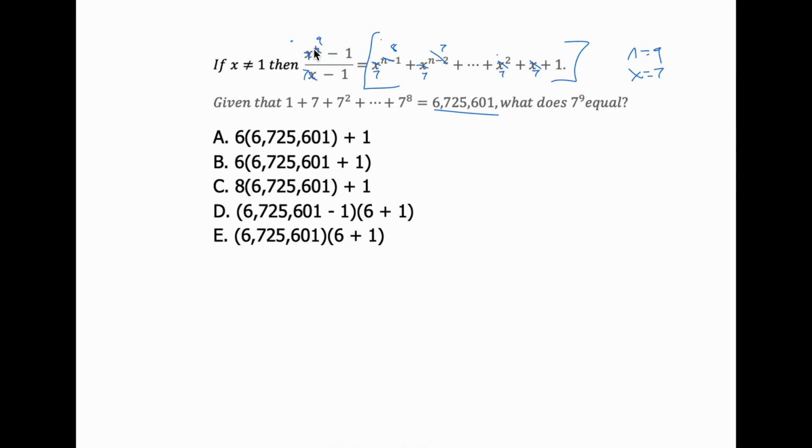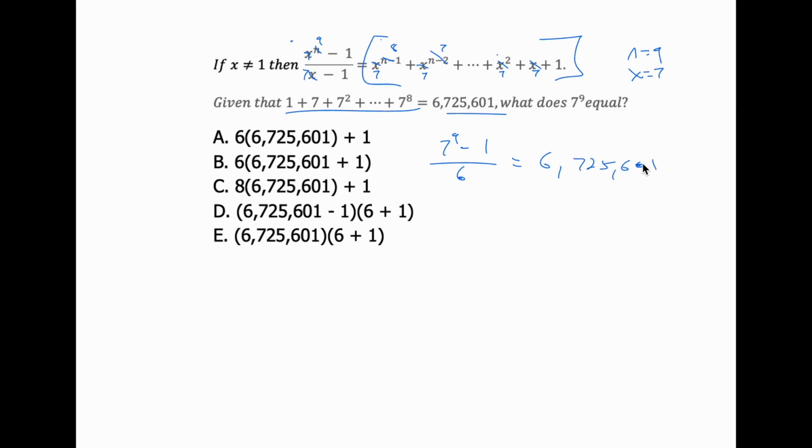And then look at this. On the left side, we have 7 to the 9th minus 1 over basically 6, right? So now we even have it equaling something like what they're asking for. Again, you don't have to quite fully know that that's going to happen, but that's quantitative reasoning. That is just playing with it a little bit, making it more tangible, more familiar, and seeing if that leads anywhere. And indeed, it almost leads directly to the answer. It's pretty easy from this point because now you have 7 to the 9th minus 1 over 6 equals, again, this is 7 to the 8th all the way down to 1. That's this, so that's that. So you have that equals